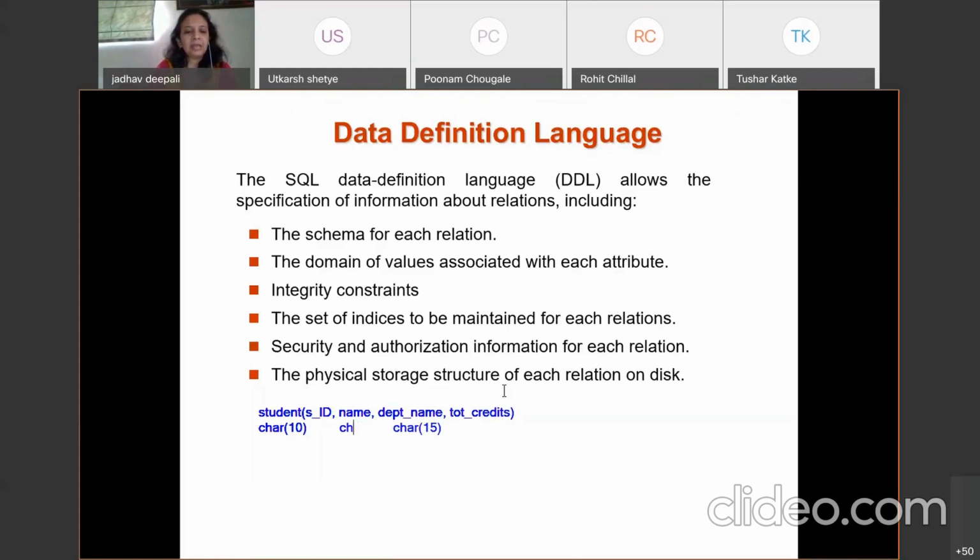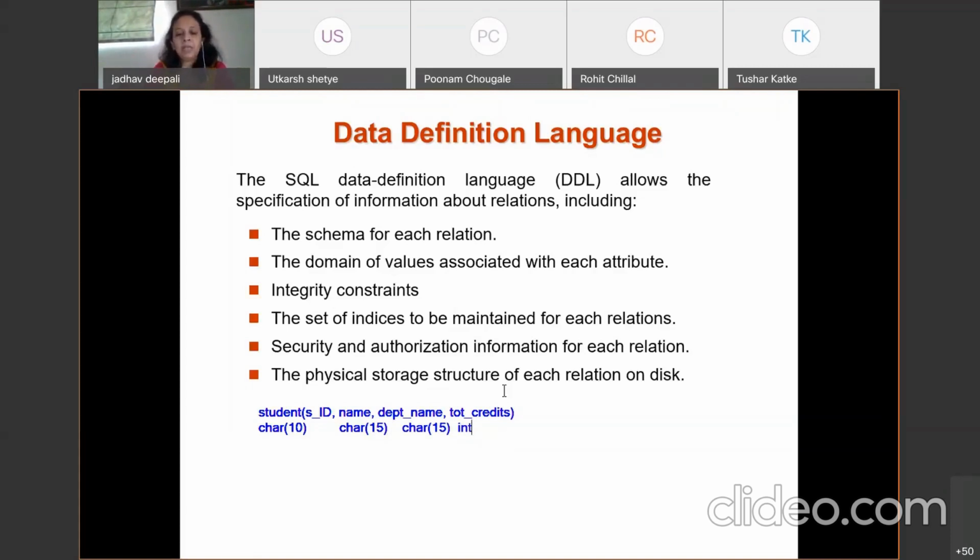It is a character of size, suppose, 15. And what are the total credits? Suppose I say it is an integer, or a float if it is a floating point value. So in this way, the domain of the values associated with each attribute is also decided in the data definition